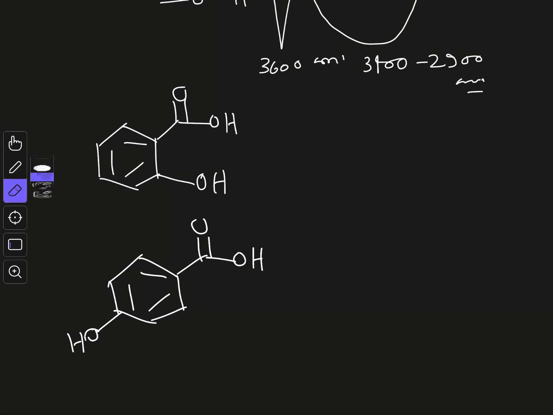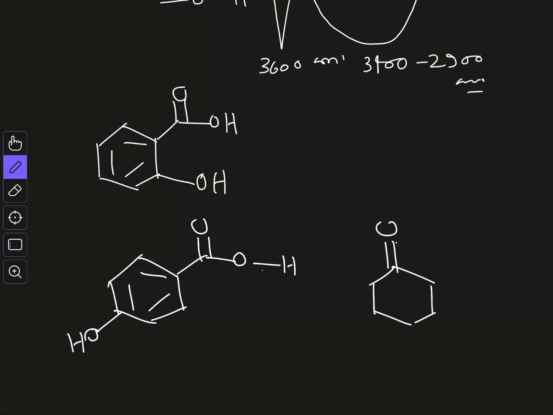In case of para-salicylic acid, what will happen? There will be intermolecular hydrogen bonding, that is hydrogen bonding between two groups, that is this one and let's say you have this. So there may be different kinds of hydrogen bondings in these molecules, hydrogen bonding between OH group and carboxylic acid group, between two carboxylic acid groups, all kinds of hydrogen bondings are there. I am showing one of them. So this, and you have OH over here. So there will be hydrogen bonding like this. This is for para isomer,